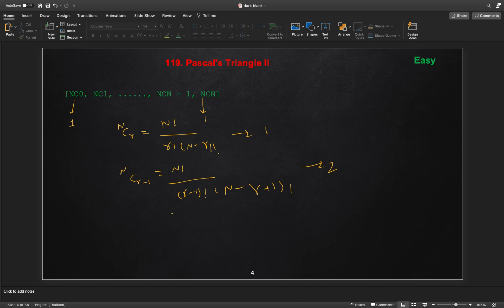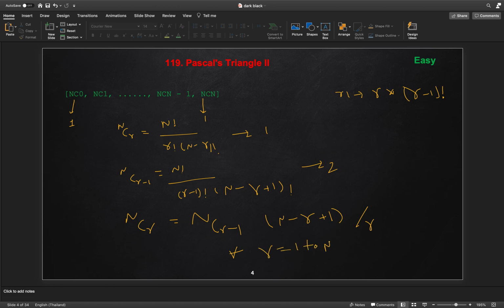If we divide these two equations, and we write r factorial as r into (r minus 1) factorial, correct, then using this approach we can write nCr is nC(r minus 1) into (n minus r plus 1) divided by r, for every r from 1 to n.